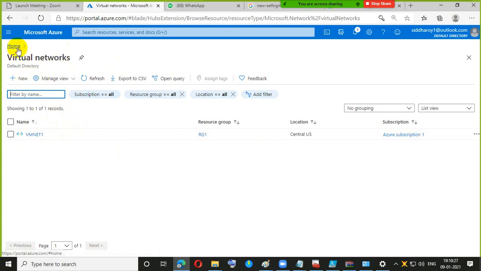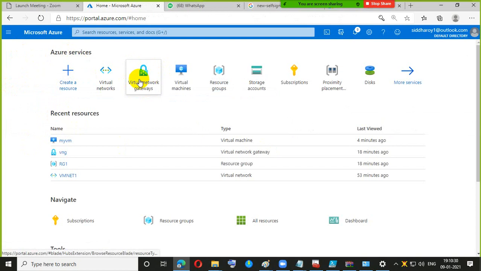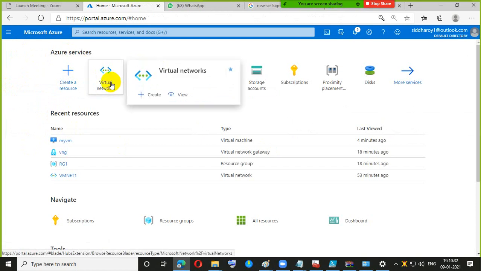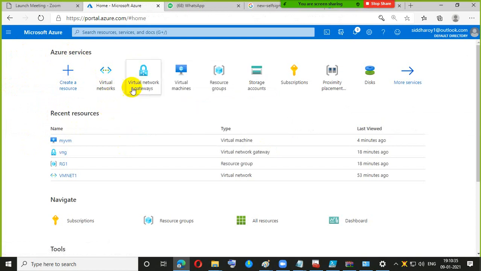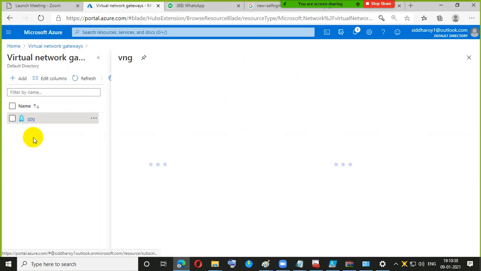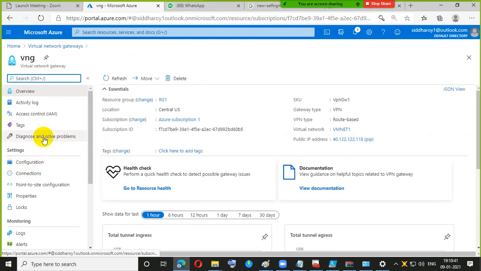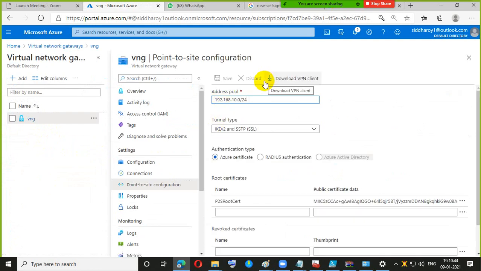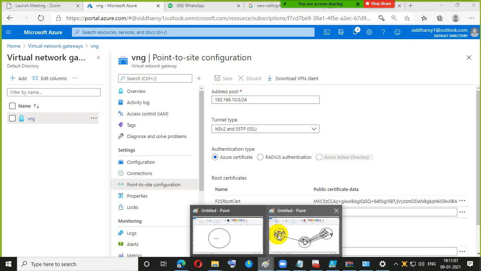My VNG, the virtual network gateway, will be there, and the VNet will also be the same. Now what do I need to do in the virtual network gateway? The point to site configuration we did, we have to delete it, or else it may create problems, or I'm not sure. Okay, let it be, fine. So what we learned was point to site. Now site to site. Just understand the concept first.